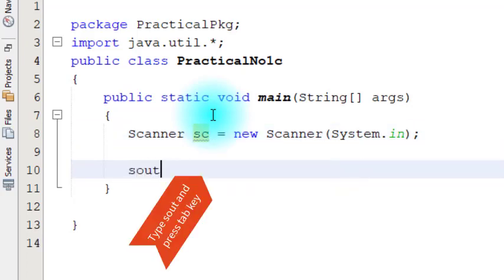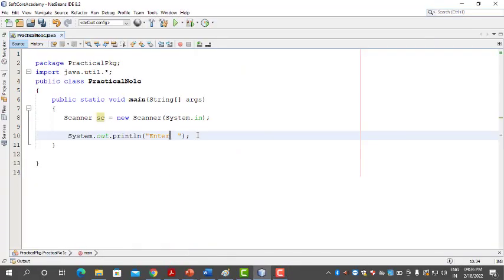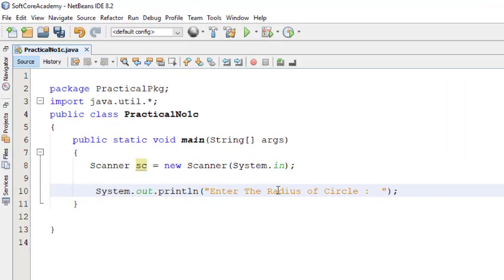Now print a message for the user: Enter the radius of circle. This is a message shown to the user.